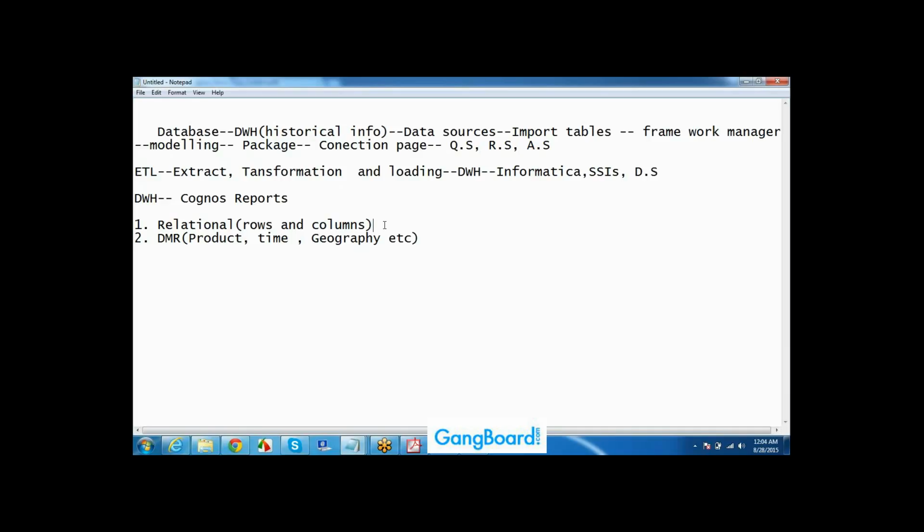When you want to create reports using Query Studio and Report Studio, we go more with this relational modeling only. When you want to show the data in a different format, like they have an option like year, and when they click on that option, year 2015, they need to expand all the months inside it, January to February.